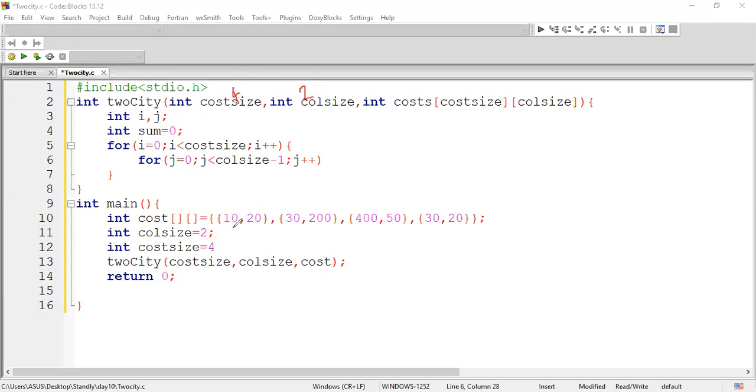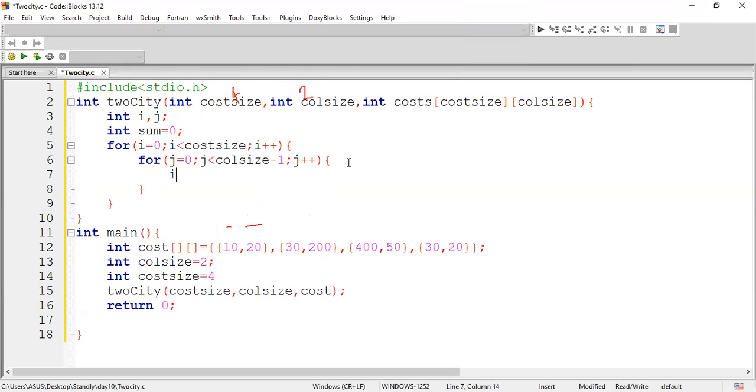So here the cost size passed is 4 and column size is 2, right? So what I'm stating here is I'll go to this particular person, I'll iterate only once. So I'm going to take this element and this element, and compare them. Instead of writing multiple loops again, I'm going to iterate only once and compare like so. I'm going to mention if, what is the array name we have mentioned here? The array name is cost. If cost of ij. Right now i value is 0, j value is 0, right? So the next element is 1, 1.